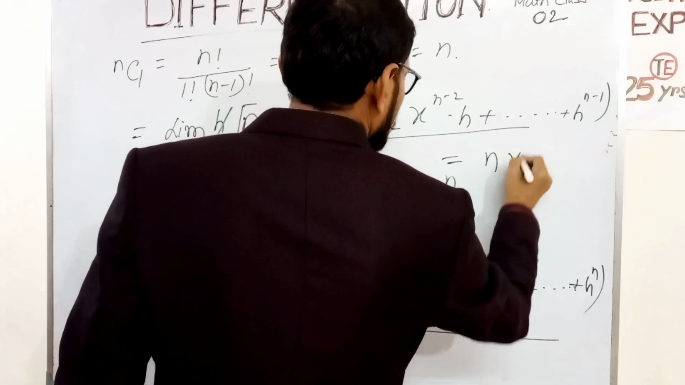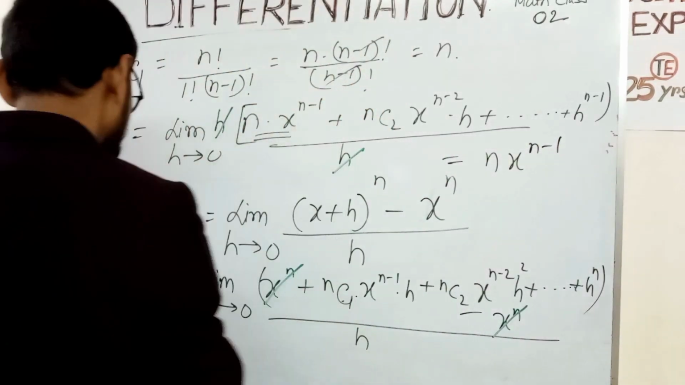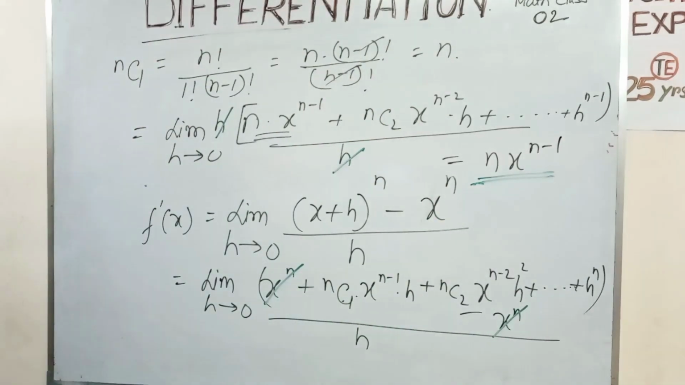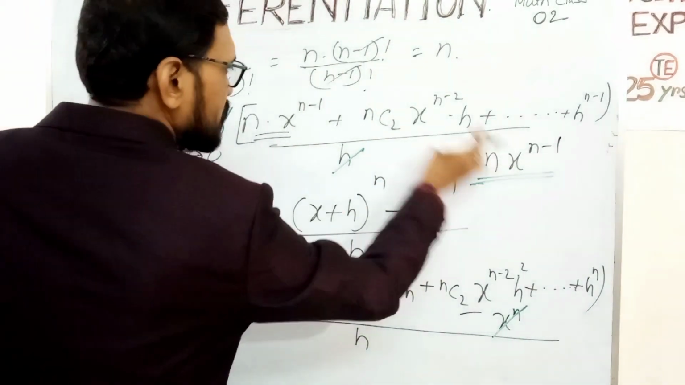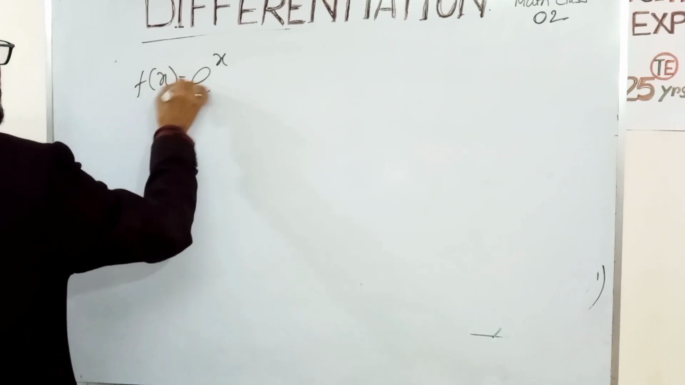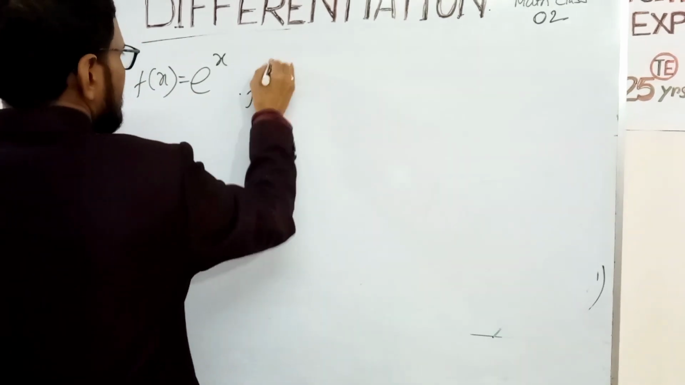So this is the derivative of x to the power n. In this way, the derivative of x to the power n is n x to the power n minus 1. Okay. So f dash x equal to